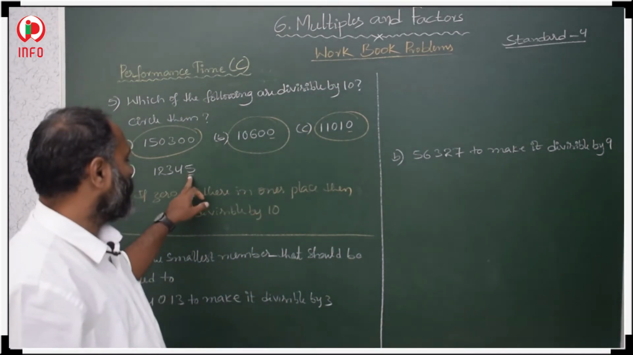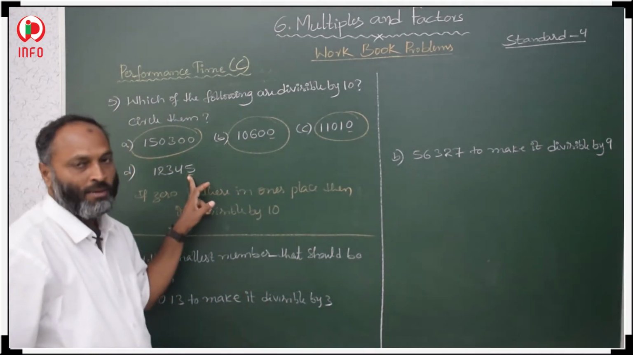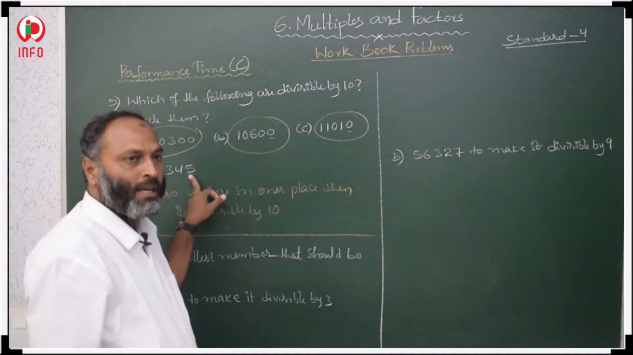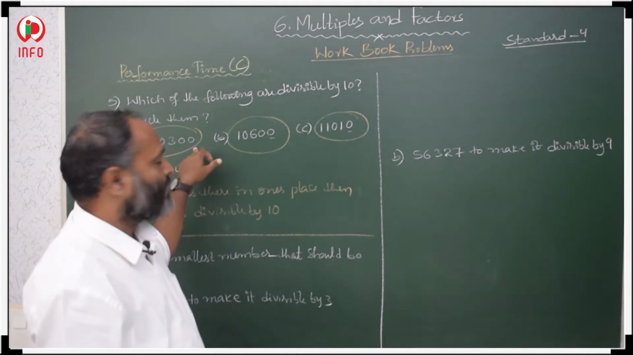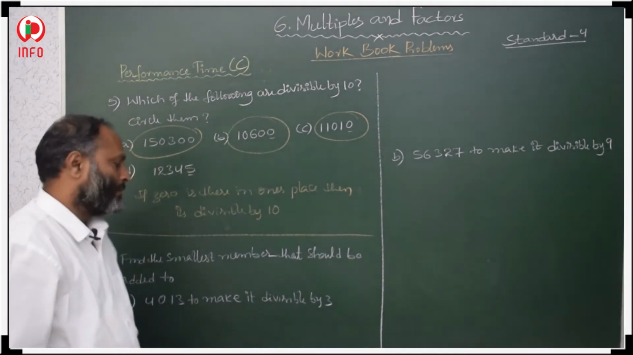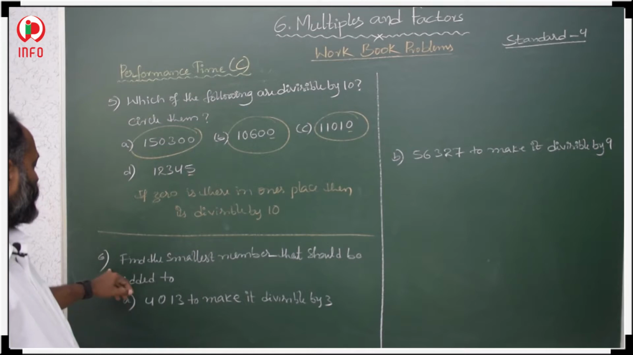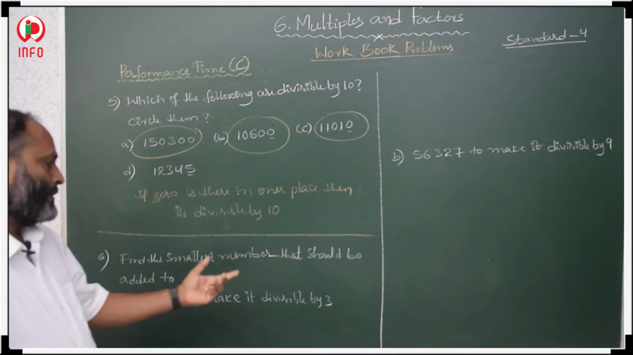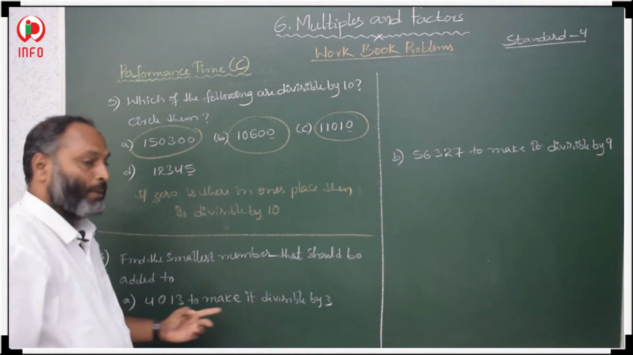Here in the last one, 5 is there in the ones place, so it is not divisible by 10. Whatever numbers are divisible by 10, we have to circle those. Okay, three questions. Now the sixth question: find the smallest number that should be added to this to make it divisible